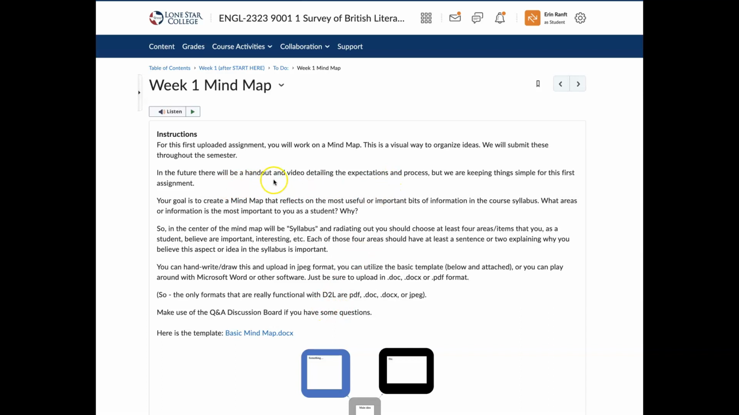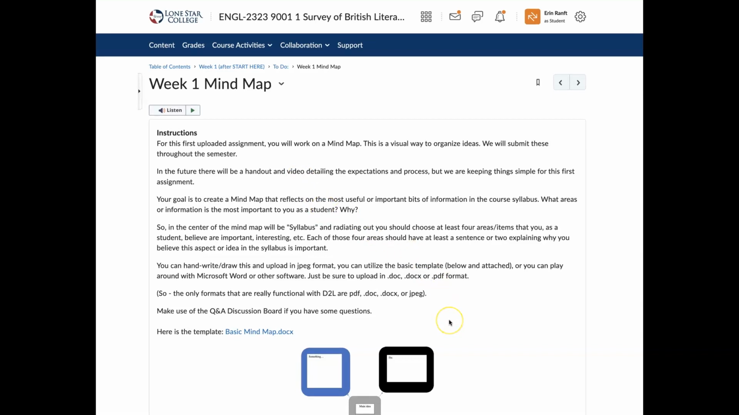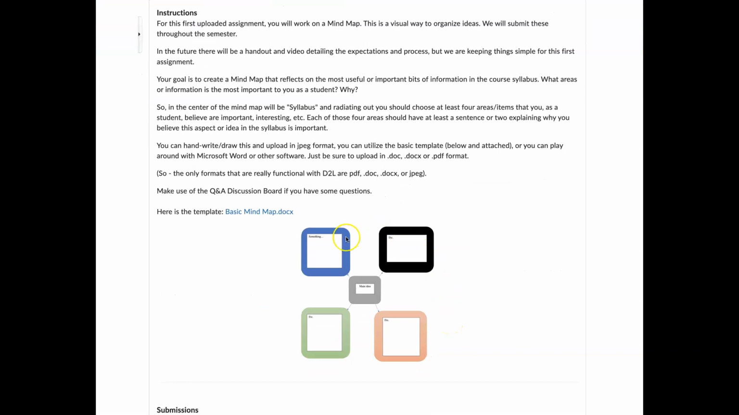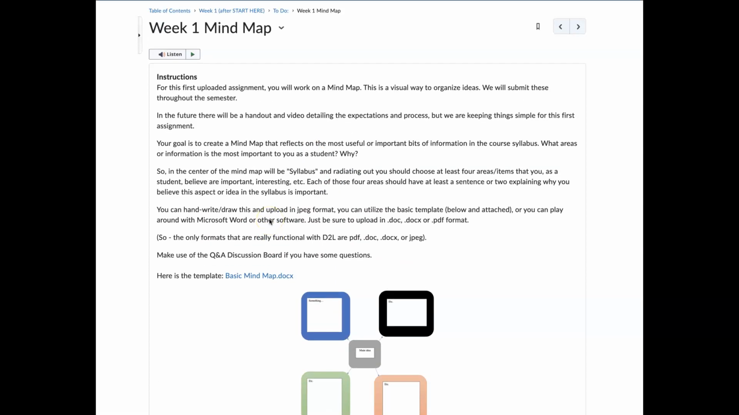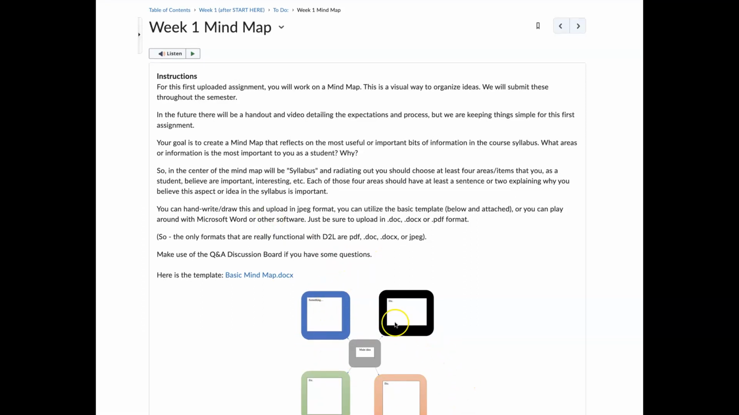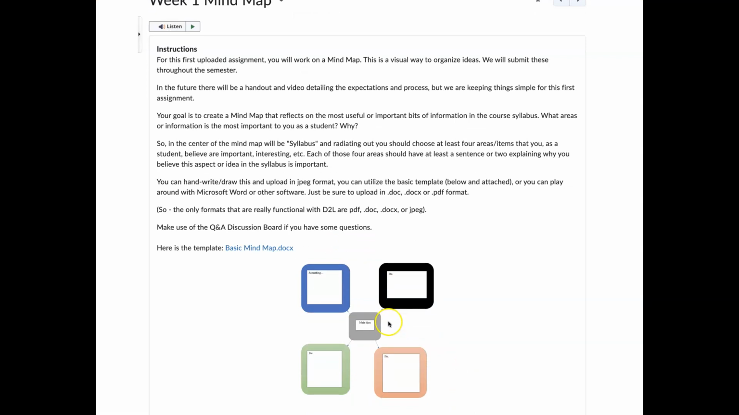So I will in the future have a handout and a video that just walks through all of this information for the mind map assignment, but this week it's just very straightforward. I've given you an example of what I want you to do, and you can use the template that I've offered. I'm also going to post the link to Canva or mind map, but this one's very simple because I just want something pretty